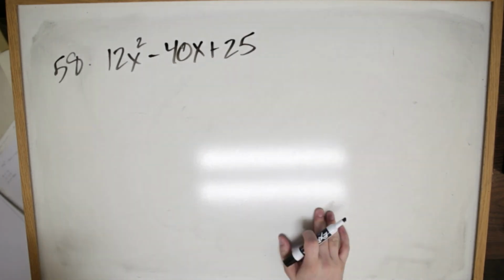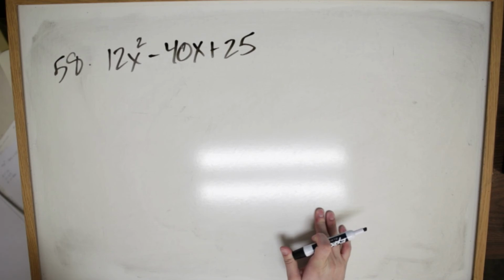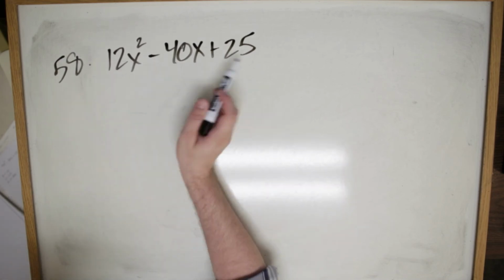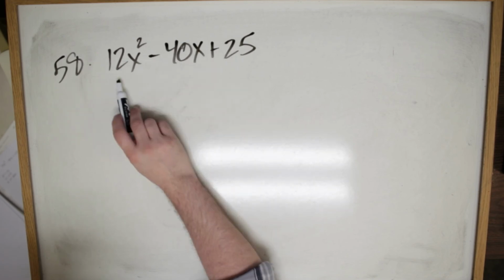Okay. 12x squared minus 40x plus 25. All right, so 12, 40, and 25. It doesn't look like I can factor that 12 out, so I have to go with the